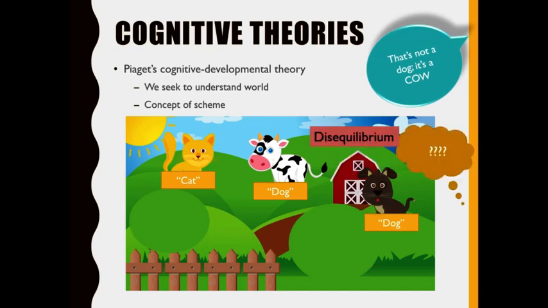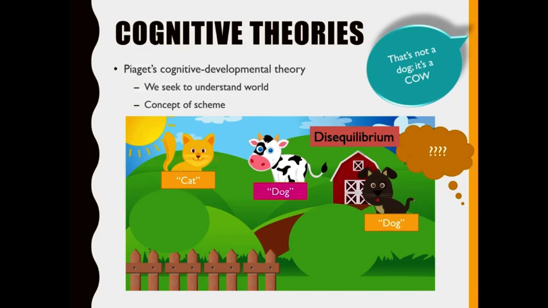Now, of course, your equilibrium goes out the window, and you're the little guy down here on the bottom thinking thoughts. And you enter a period of what Piaget called disequilibrium. You're like, whoa, whoa, whoa. Four-legged things that are not cats are clearly dogs. But mommy and daddy just told me that's not a dog. Confusion, I'm distressed, I'm experiencing disequilibrium, I don't know what to do with this. Well,